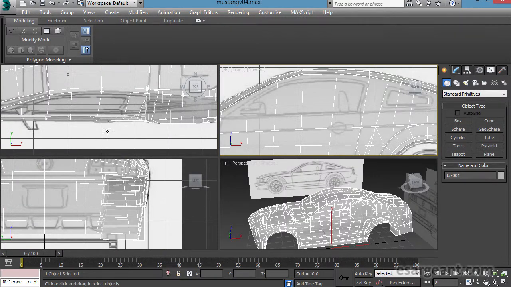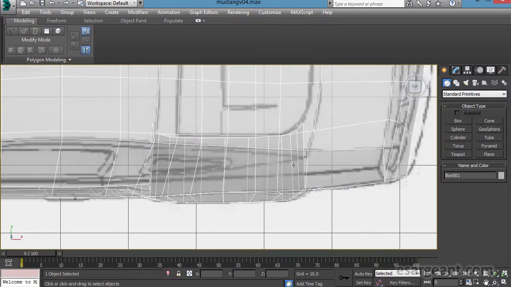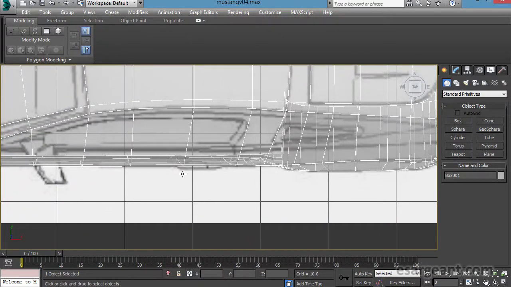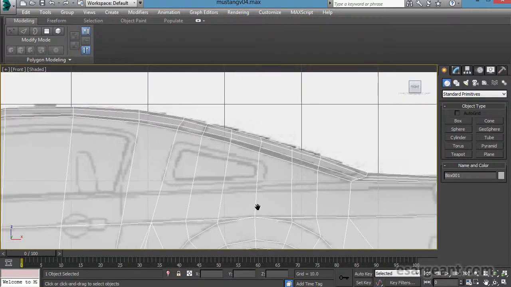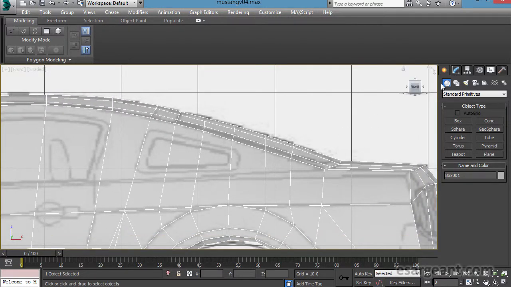So let's take a look at a couple of different shots. We want this line coming down here. You can see that it actually splits apart, so it curves up here, but it continues to go right back here to the rear of the trunk. So let's grab our mesh,